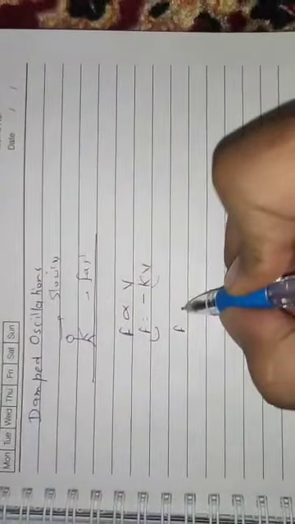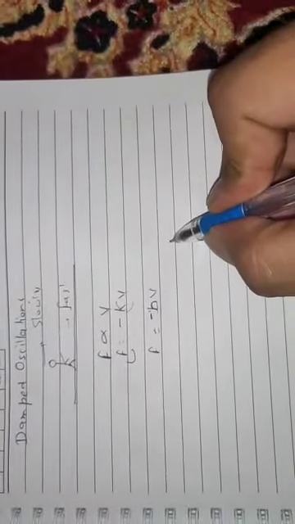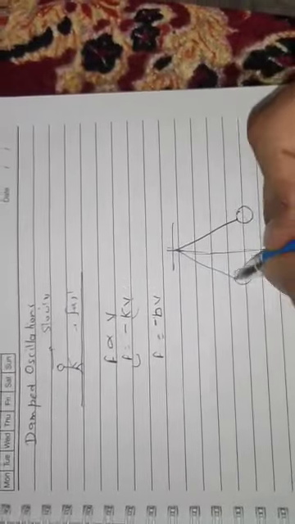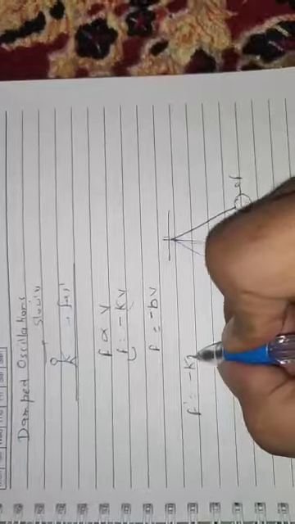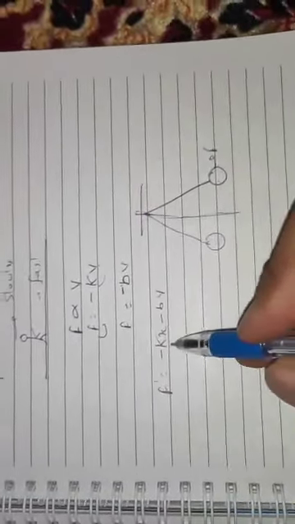Here we are not going to use k because we already used it in kx, so we can use any other term, like suppose b, so minus bv. Whichever you want you can use. Now the net force on the oscillator, if I am oscillating this pendulum in the presence of damped forces, meaning air friction, is minus kx minus bv. Here kx is, as usual, the restoring force, and minus bv is because of damped forces.